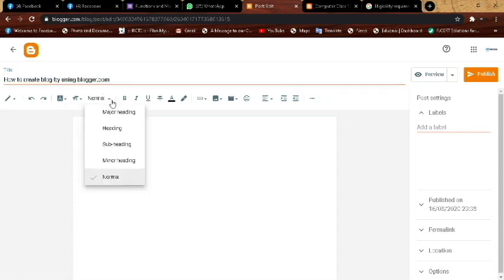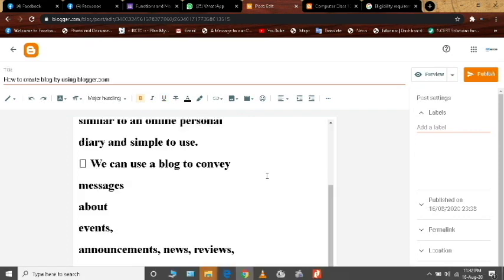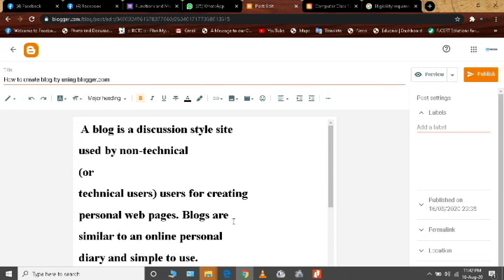You can change the font. It's a major heading, so I'm using it as a major heading. I want it in bold as well as underlined. And afterwards I type this.